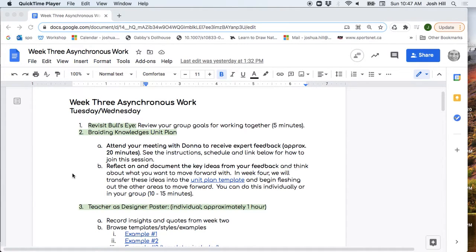As it says here, we will begin to flesh the ideas out further in the unit plan template next week, but really important is to not lose the momentum of what you heard from Donna and discuss it together and decide how it's going to inform your next steps. Okay,